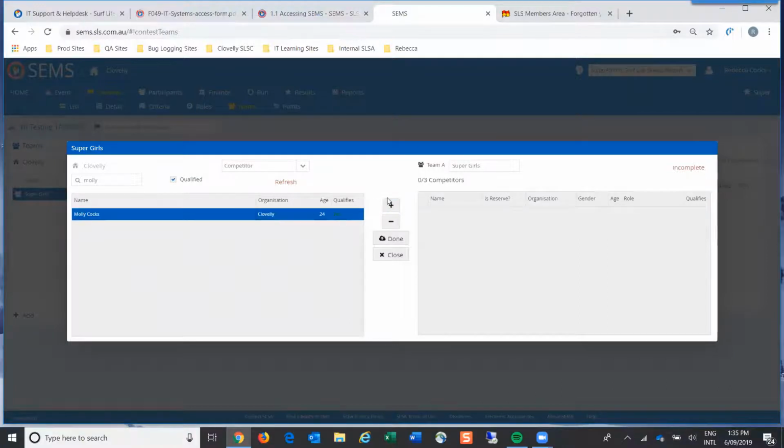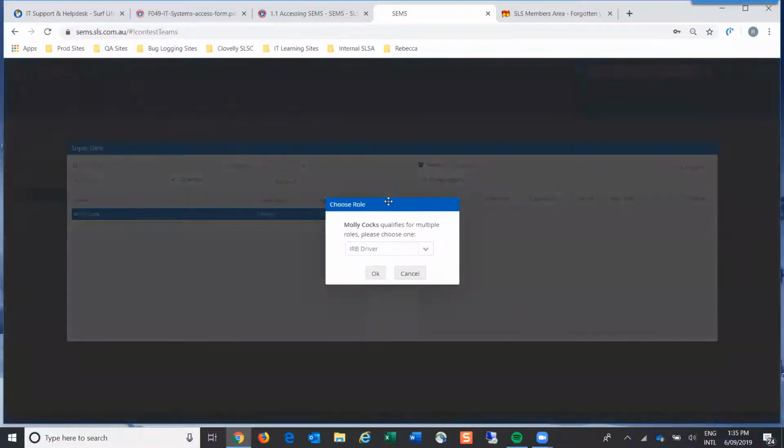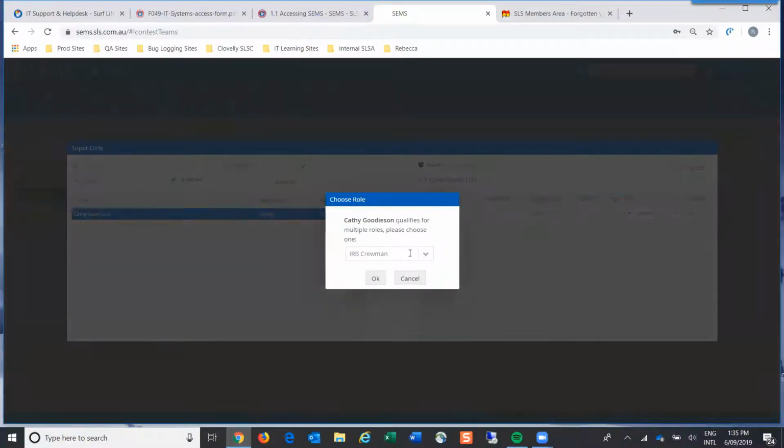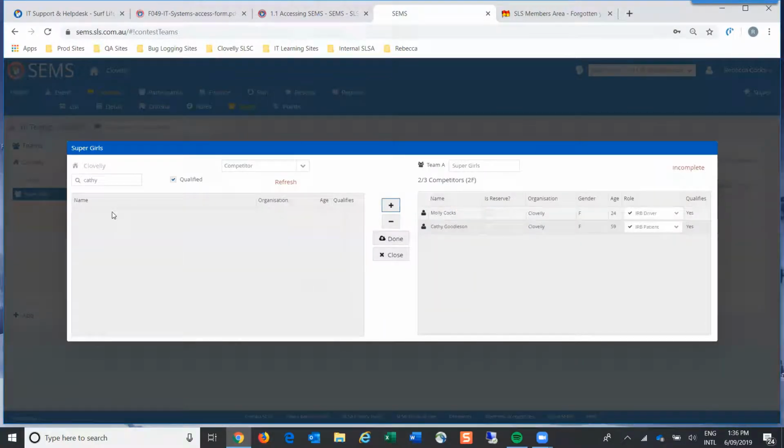If I highlight it, because it's an IRB contest, you'll notice here they can be in anything. So we could put in as the driver, and that person is now in as the driver. And we could add this person as the patient, okay, and just to show you the example, we'll put in Rebecca, and we'll see what happens.